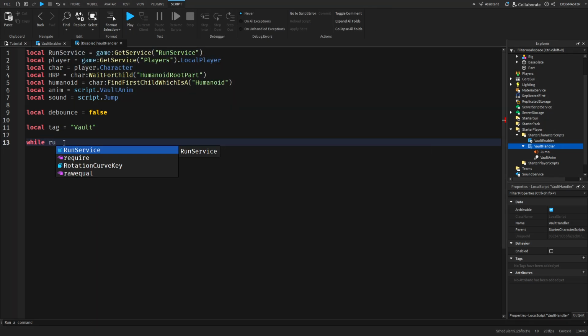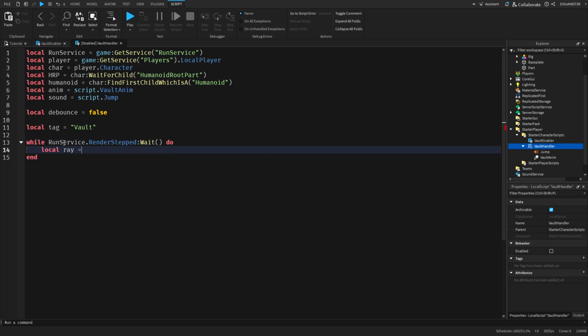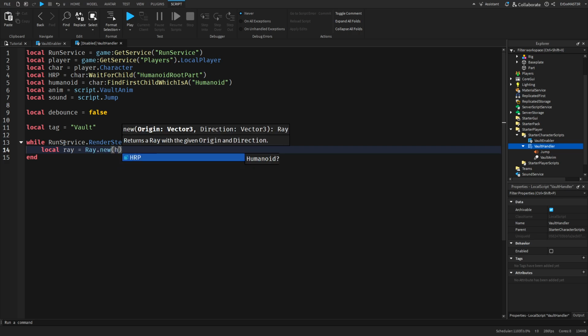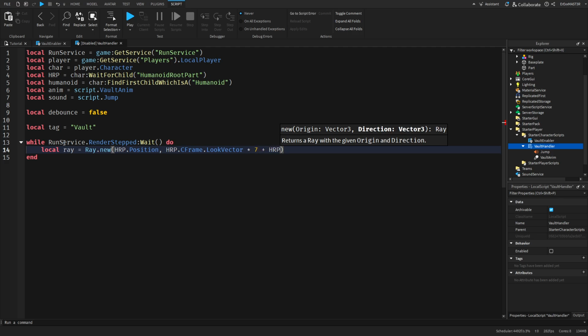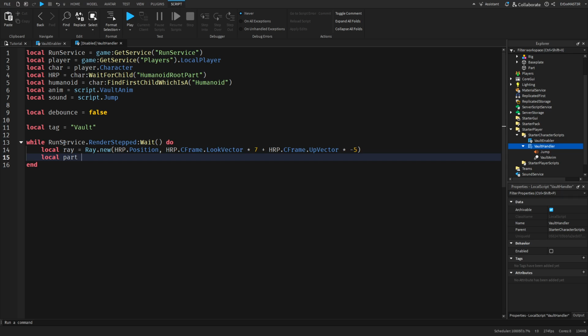So we'll be using a RunService for this, and a RenderStepped, and then do wait, do local array equals Array.new, and now in here we need the HumanoidRootPart.Parent.Position, comma, HumanoidRootPart.CFrame.LookVector times 7, so that's how many studs in front it can be detected, plus HumanoidRootPart.CFrame.UpVector times -5. Okay, so this is just some math to detect the parts in front of you,